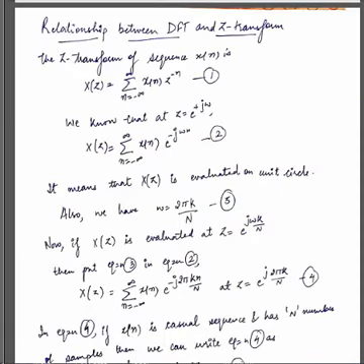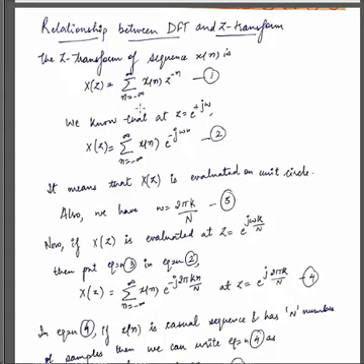Now the next topic is the last topic of DFT, that is the relation between DFT and Z transform. This is the second last topic. Now first is Z transform. We have already studied about Z transform. The Z transform of sequence x of n is x of z is equal to summation n tends to minus infinity to infinity x of n z raised to power minus n, that is equation number 1.